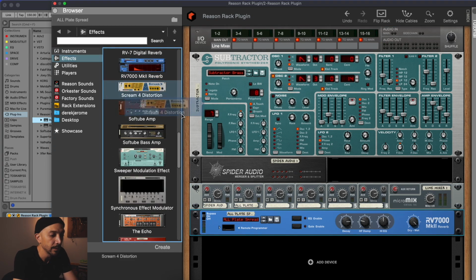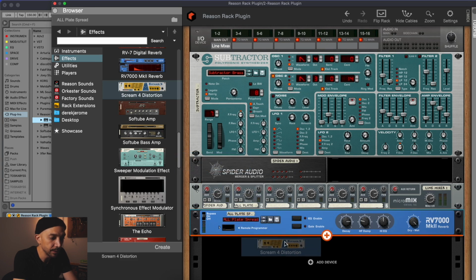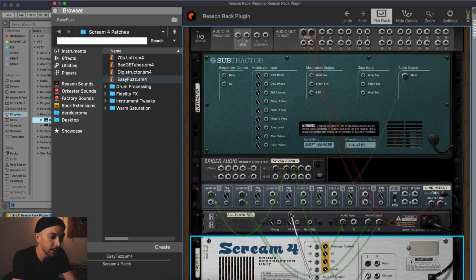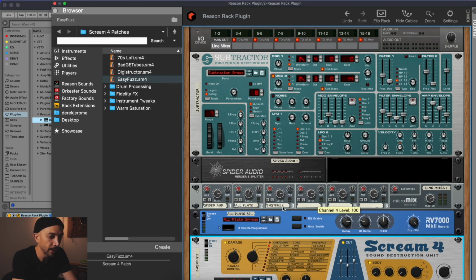Add another effect in here. The distortion, same thing. I'm just gonna hold down Shift. We'll flip the rack over and we'll go out of here into the distortion, and then we'll go into channel 3, all right? And then